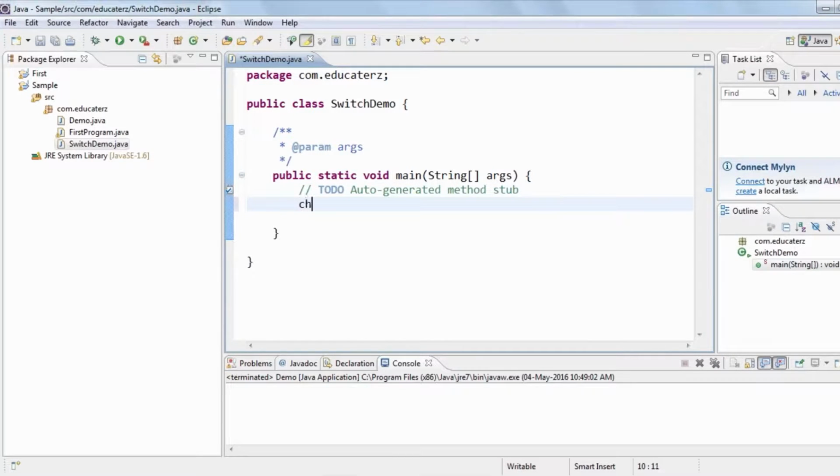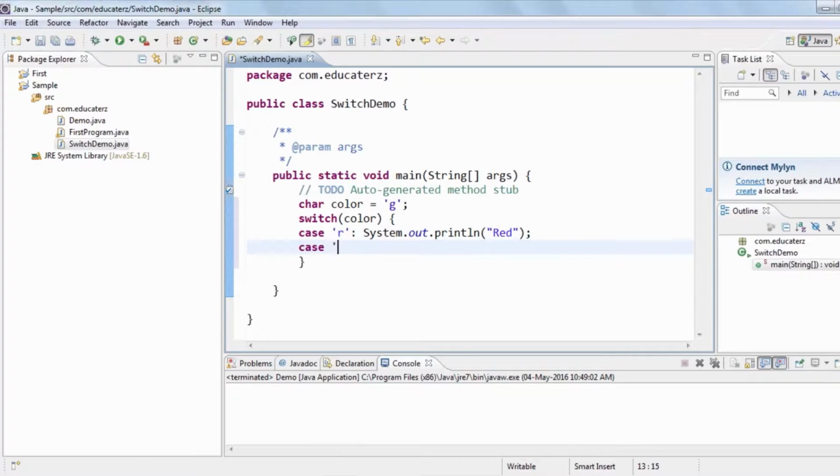So here I require a character value, char called color, wherein I'm giving the color as G, and write switch, pass the parameter that is of character, that is color, and write the case values. Case R: if I pass R, I want to print red.